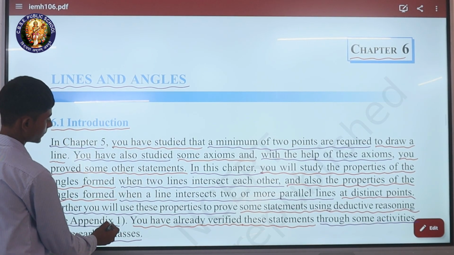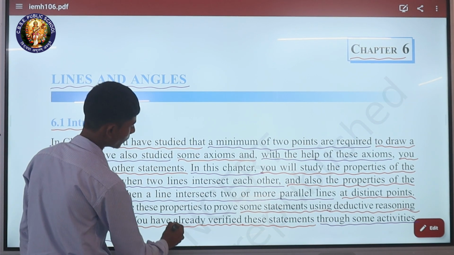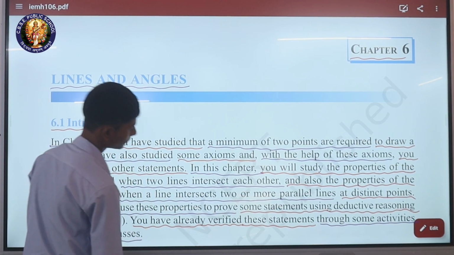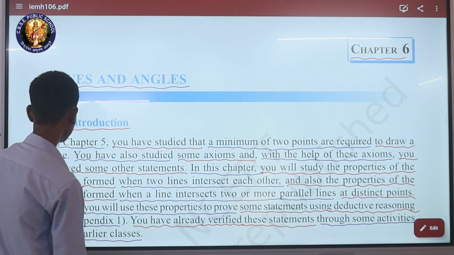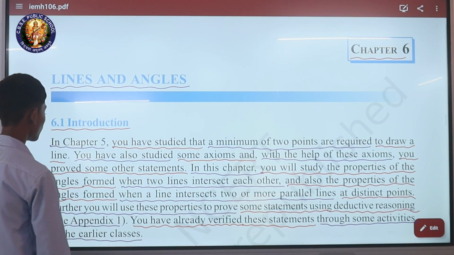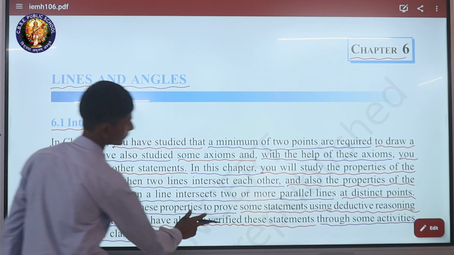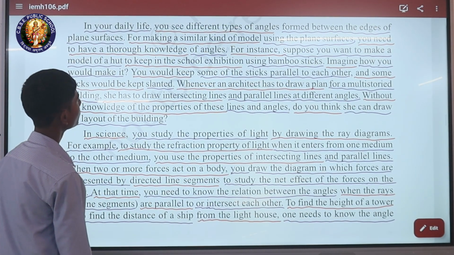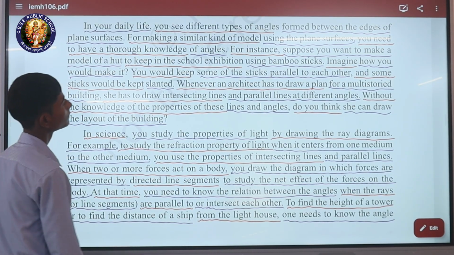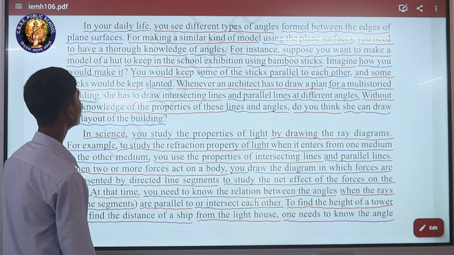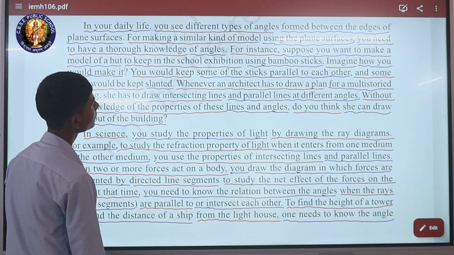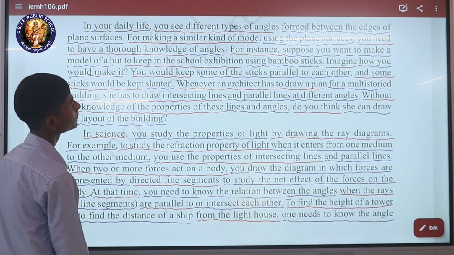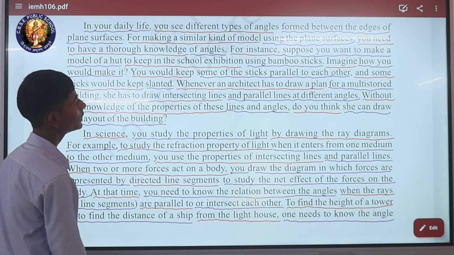See appendix first. You have already verified these statements through some activities in the earlier classes. In your daily life, you see different types of angles formed between the edges of plane surfaces. For making a similar kind of model using the plane surfaces,